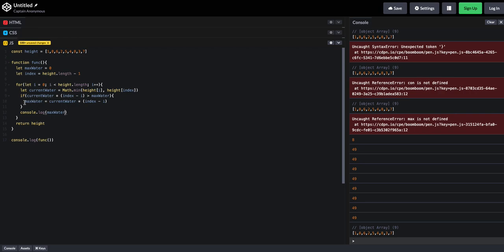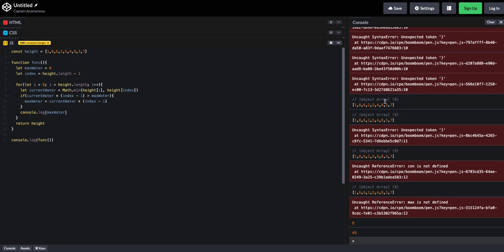So what we're saying here is we've got current water, right? We'll start here. Current water is going to be 1. In order to find what the max water would be if we were using 1 and 7, you want to have that current water, which is 1, the amount of water in each one of these spaces, and then you want it 1, 2, 3, 4, 5, 6, 7, 8 times, right? So it's going to be 1 times 8. And how we get that 8 is we take the index, which is going to be,